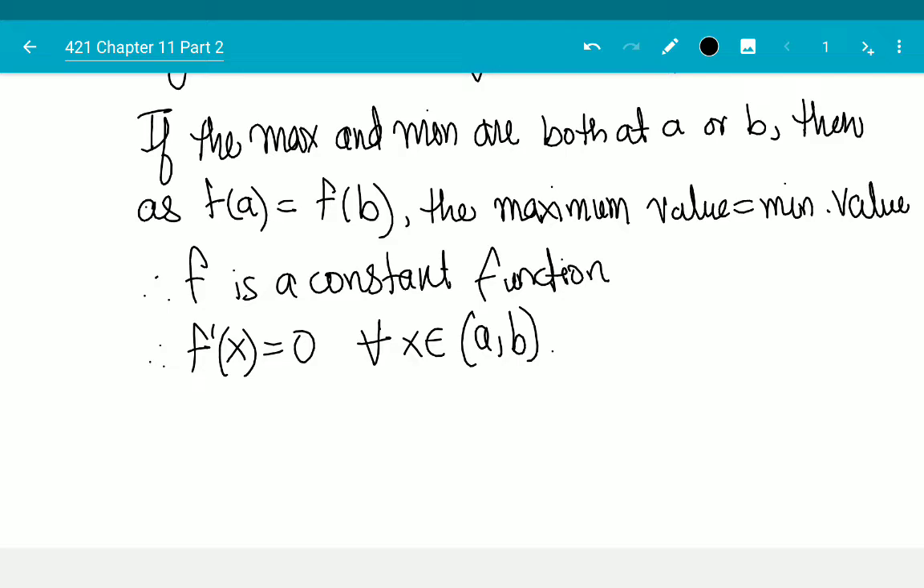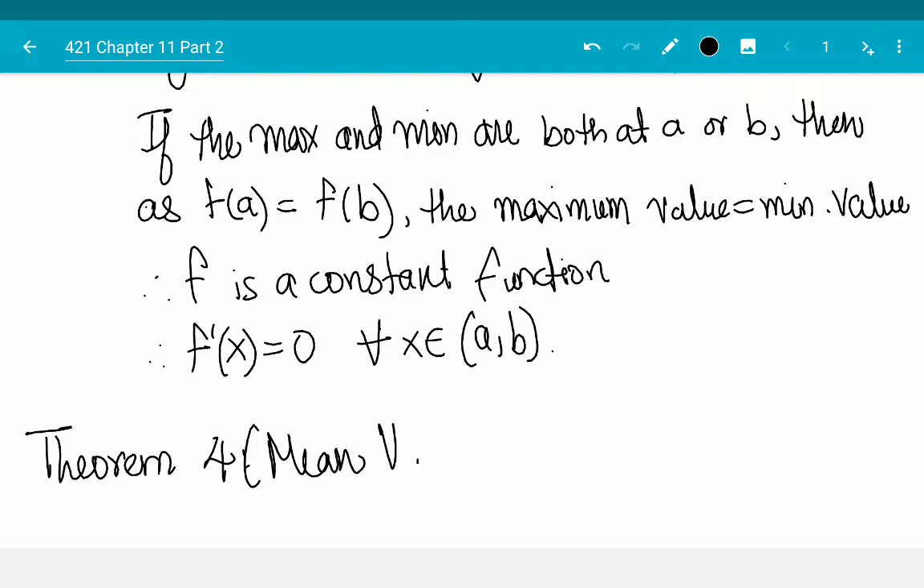Now, we will use Rolle's theorem to prove mean value theorem. Of course, Rolle's theorem is a special case of mean value theorem, but I can also use Rolle's theorem to prove mean value theorem. So, in case you don't remember what mean value theorem is, theorem 4,